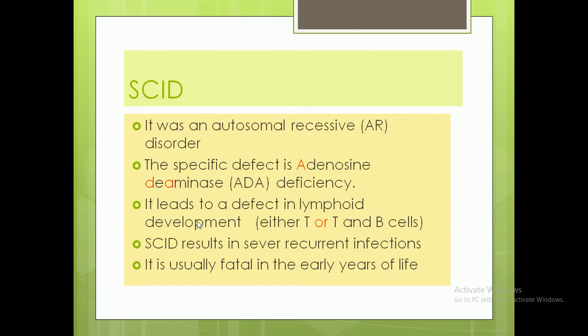First, we have SCID, which is an abbreviation of severe combined immune deficiency. It's autosomal recessive. It occurs with a deficiency of the adenosine deaminase enzyme, which leads to a defect in either T cells or both T and B cells. SCID results in severe recurrent infections and is usually fatal,